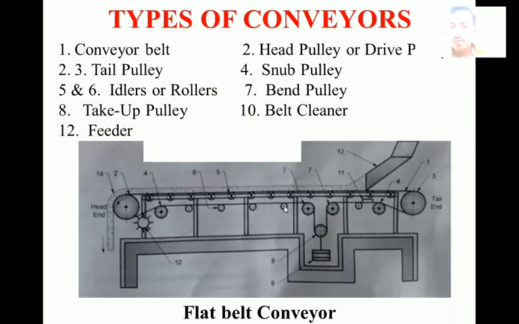Sir, aren't there any limitations for the length of such conveyors? Not a limitation, you can say. This cannot be used for short distances. These are more efficient, but not efficient over long distances, especially for short distances, because in industry normally these are used for a fixed path. Once you fix it, you cannot move it from one place to another. If you want to transport materials to other places, you cannot use this conveyor.